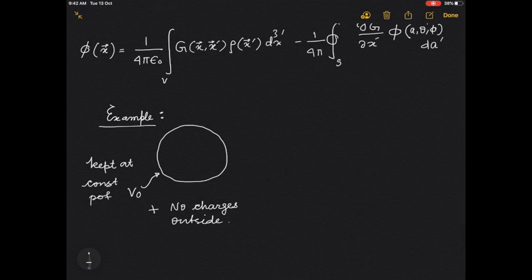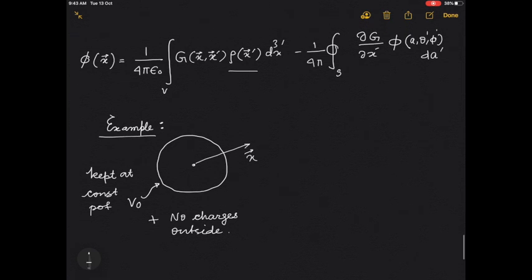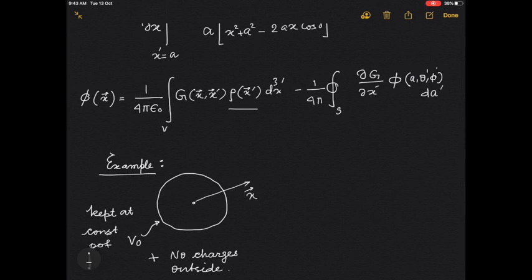So I have a sphere. Better be conducting, it will be easier. But anyway, I have a sphere which is kept at a constant potential V0. I am seeking an exterior solution of the problem, which means I want to know the potential at any point outside. The origin I have chosen to be here. So I want to know the potential at x, and x is outside the sphere. Outside there is no charge, so the first term is 0, rho is 0 everywhere. So phi of x is entirely given by the second term,